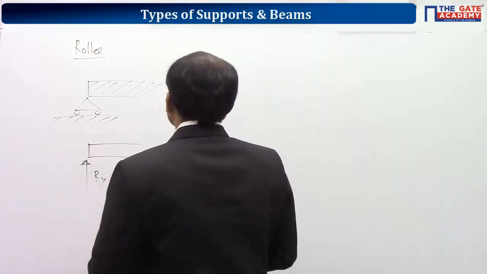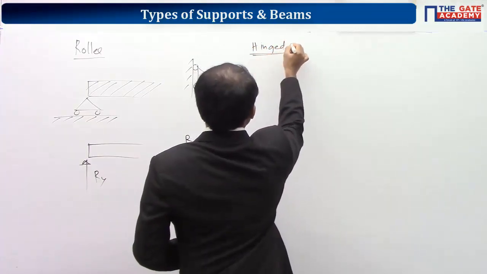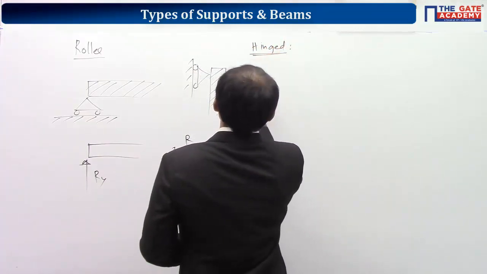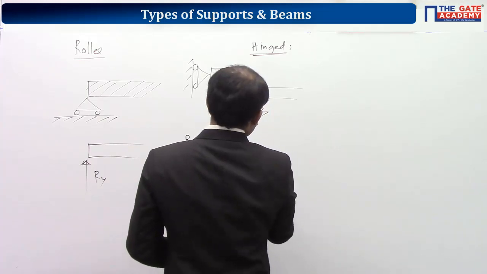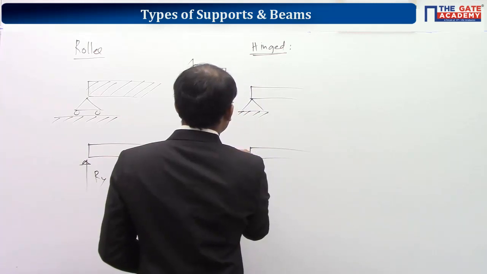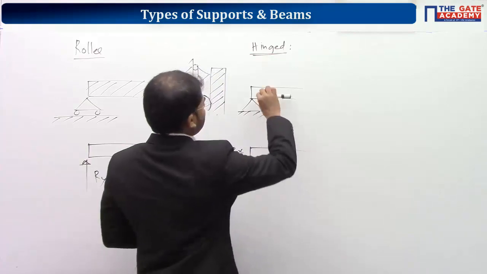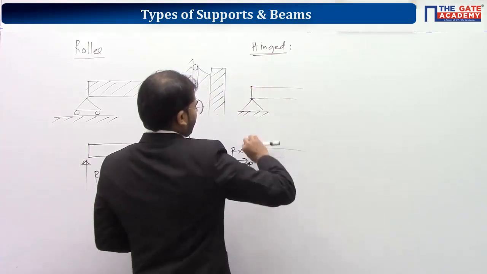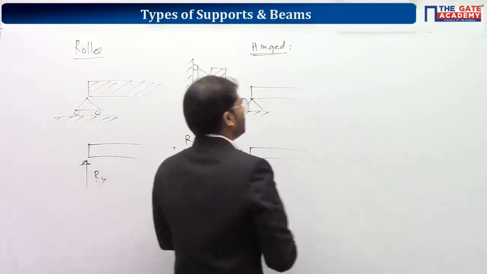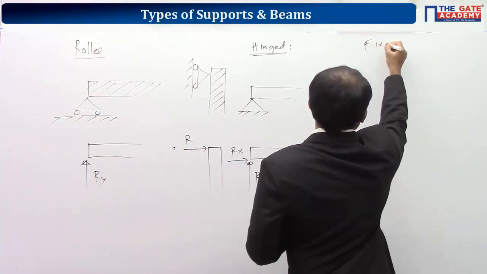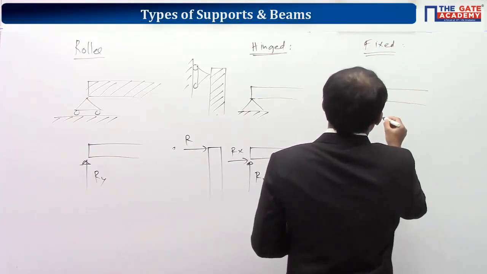In the same way, if you go with the second one, that is the hinged support. In this case, the beam is restricted from moving in both directions, x and y. So if you take the free body diagram, you will have both Rx and Ry. But here also, the member is free to rotate about this point, so there will be no reaction moment. Okay. Now if you go to the last one, fixed support. Fixed support is very, very prominent. Maybe the room in which you are sitting, the beam will have fixed support only.